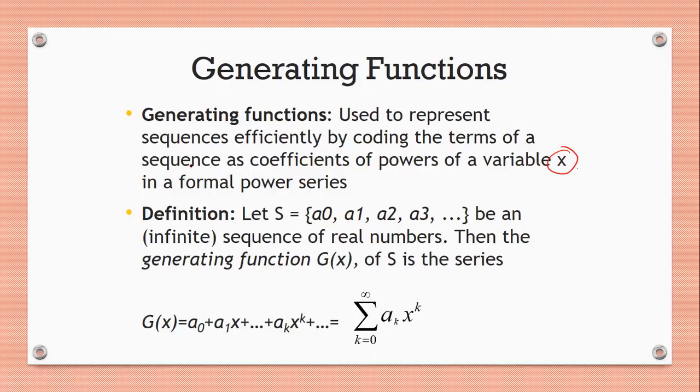Now what does this mean? We can use generating functions to solve many counting problems, such as the number of ways to select or distribute objects of different kinds, which are not usually solved by permutations or combinations. In permutations and combinations we were used to having one constraint, as we have already seen in the examples. But in the case of generating functions, we can have a lot of constraints.